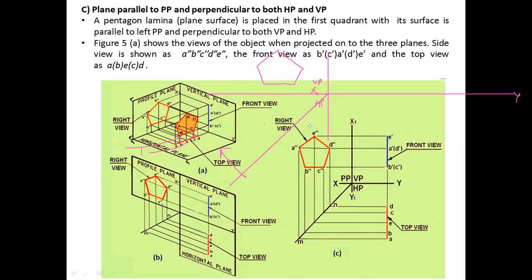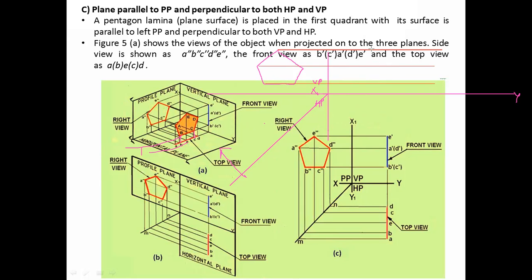Yes, sir. Now you know what will be its length in front view. So now we will project these things to the right hand side like this. Okay, now at what distance from this vertical line should I draw?